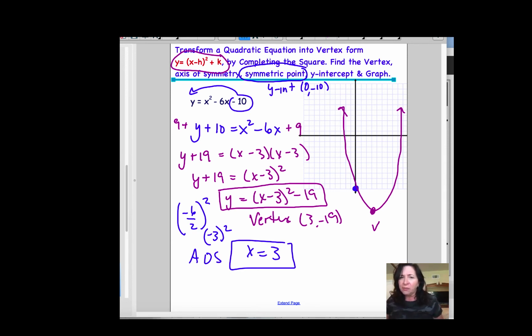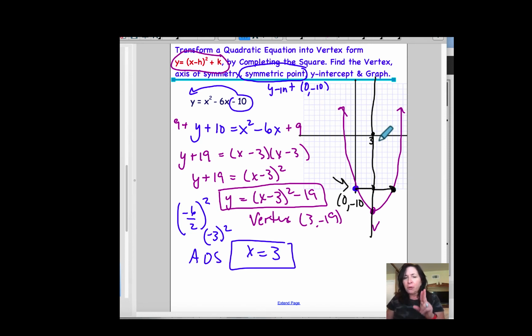A symmetric point is based on my axis of symmetry. Where is it at? It's at 3. Okay, so there's 3 right there. It crosses through at 3. So my axis of symmetry, which cuts that graph into 2 equal parts, is going to have a symmetric point. But the only other point that I know right now is this one right here, which is my y-intercept. And this value here is 0, negative 10, which means that if I went 3 over to get to my axis of symmetry, I'm going to double that and go another 3 over to get to my symmetric point,